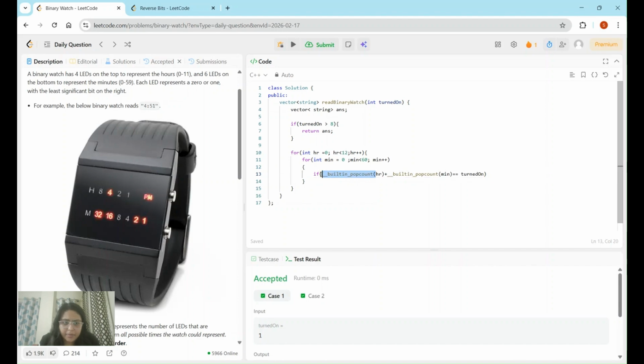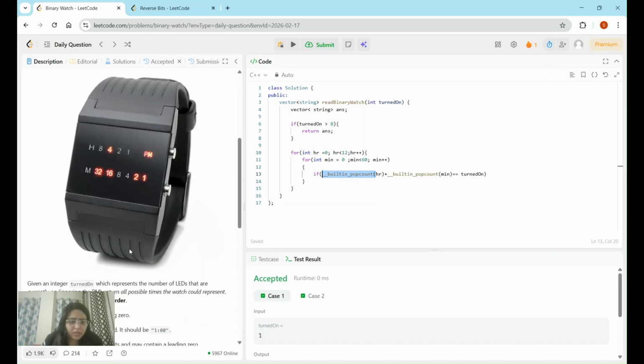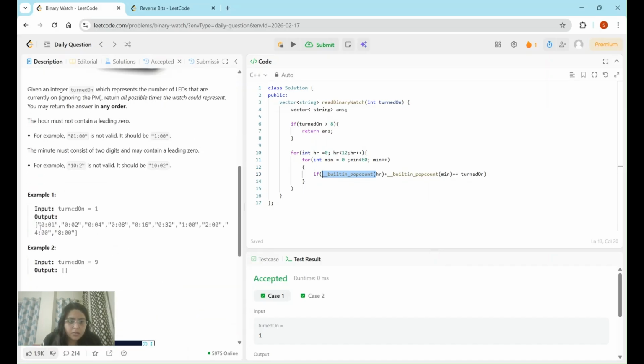the LED button. So if there is 8421, it is calculating the one value. So here you can see 001, 002, or this is, so it is just calculating the one number. So here you can see it's 0 and 02, there is only one value. Like this, it is calculating the on button values. So then we'll just check if the value of this is equivalent to the turn on,